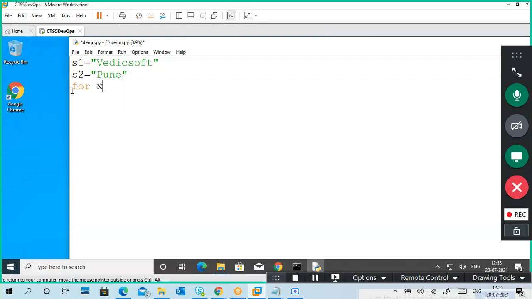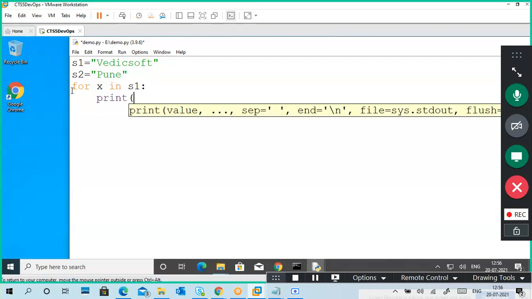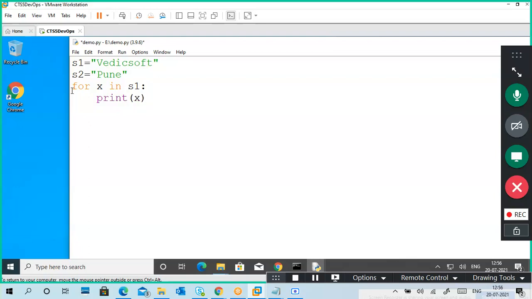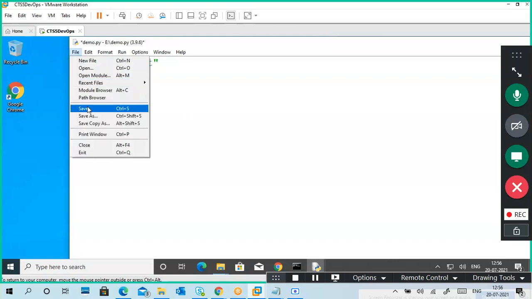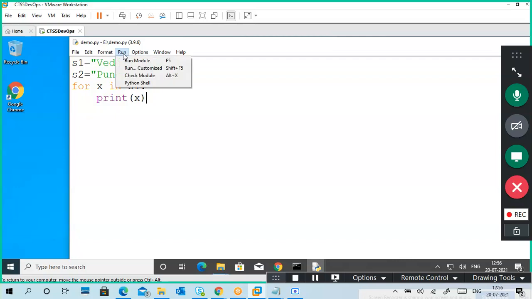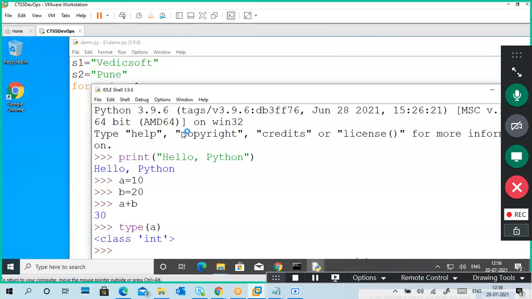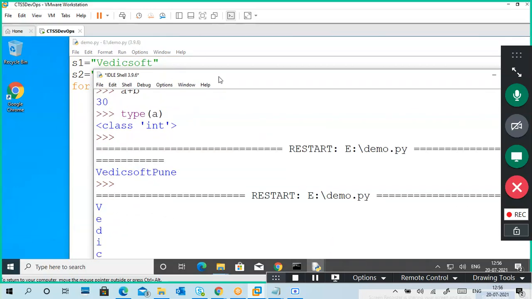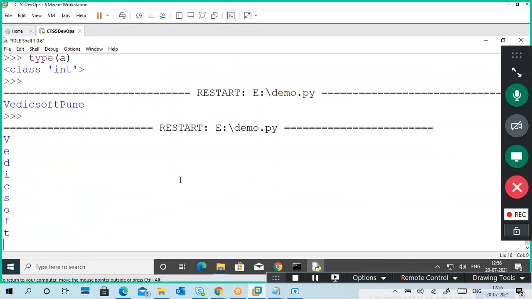For x in s1, print x. If you don't understand the program, no problem, just follow what I'm doing. So I'm saving it and running it. Run the module. So you can see the output here like this.